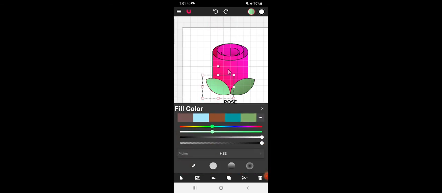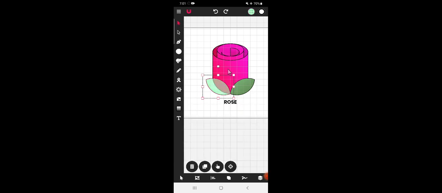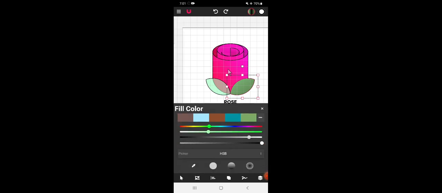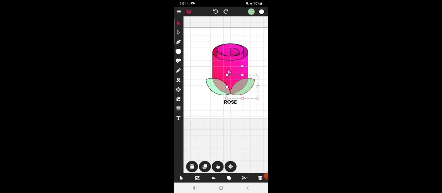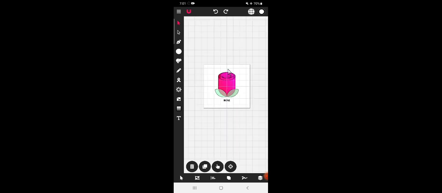Let us increase the transparency so that we can see the lower shape. So our rose logo design is ready in Vector Ink.